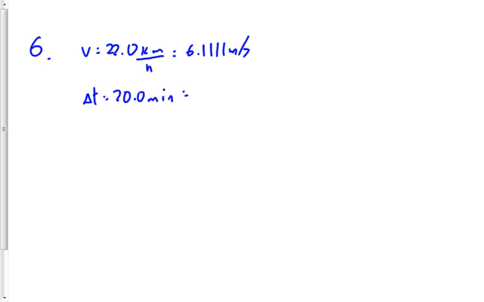Let's write down some givens here, okay? We know that V is 22.0 kilometers per hour. When we convert that to meters per second, it's going to be 6.1111 meters per second. 22 times 1,000 divided by 3,600 gives us 6.1111 meters per second. Now my time is 20 minutes, which corresponds to 20 times 60. To convert it to seconds, is going to give me